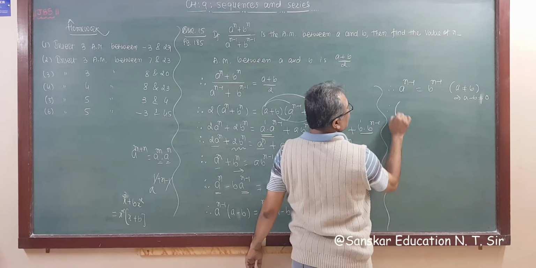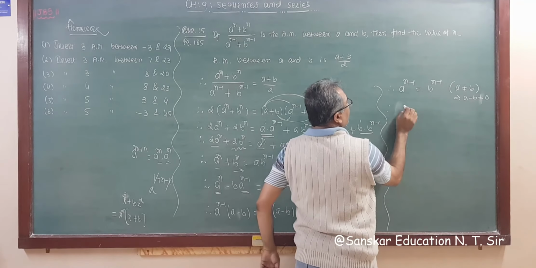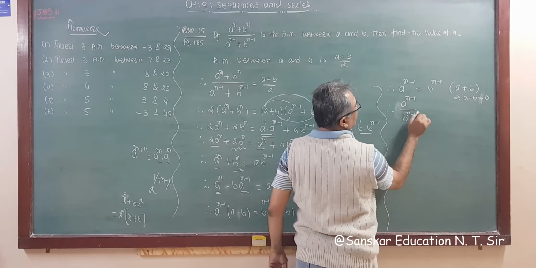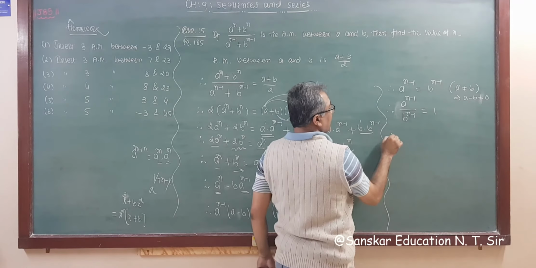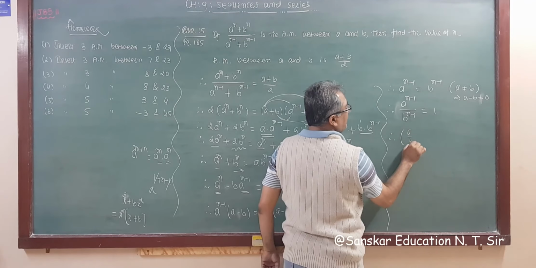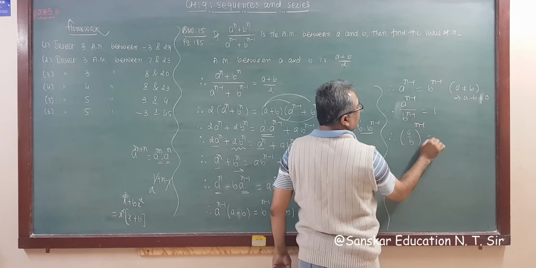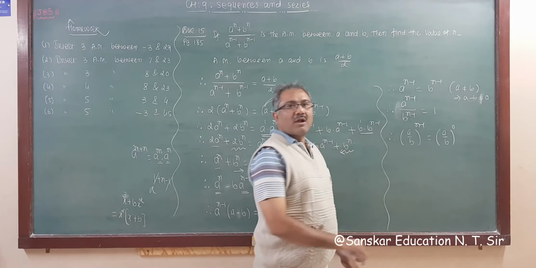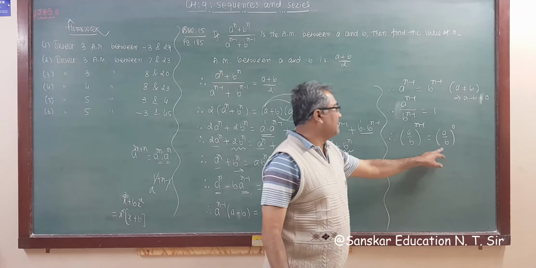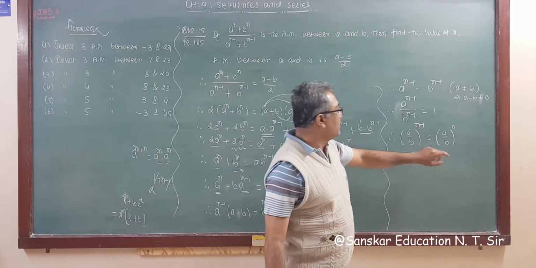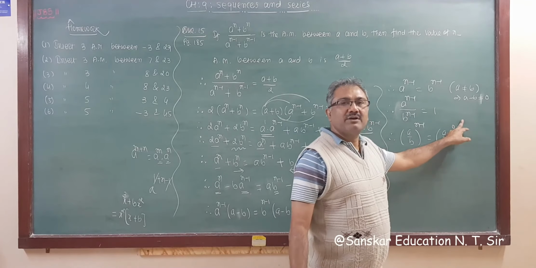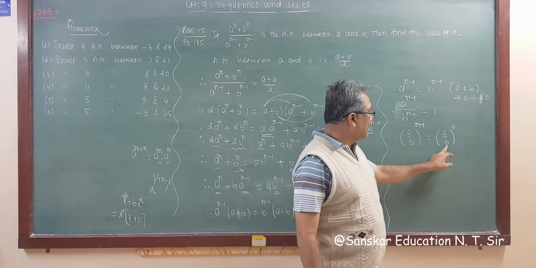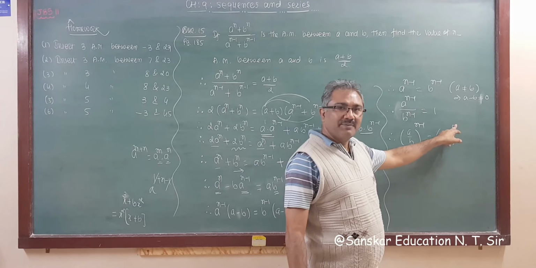So can I write like this? A raised to n minus 1 upon b raised to n minus 1 is equal to 1. Now power same, that is a by b whole raised to n minus 1 is equal to, I am going to write a by b raised to 0. Because anything raised to 0 power is 1. Here base is a upon b. So I am writing a upon b, and instead of 1 I am writing this. So I am putting power as 0. So anything raised to 0 is 1. So that's why I am writing a by b.